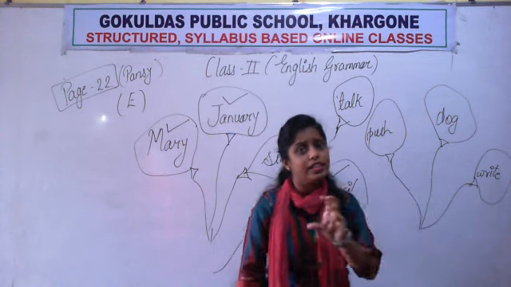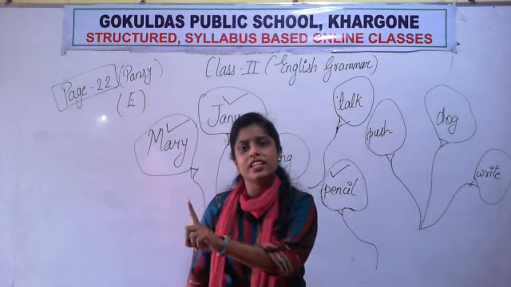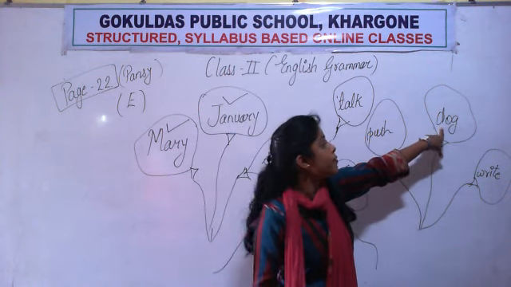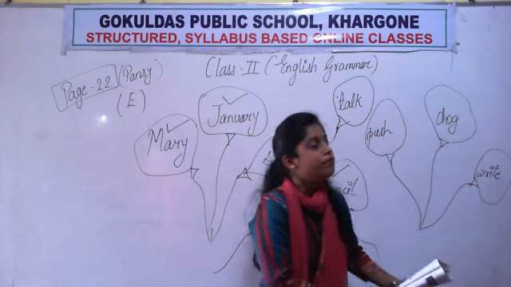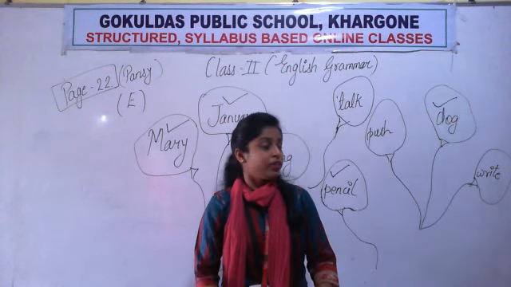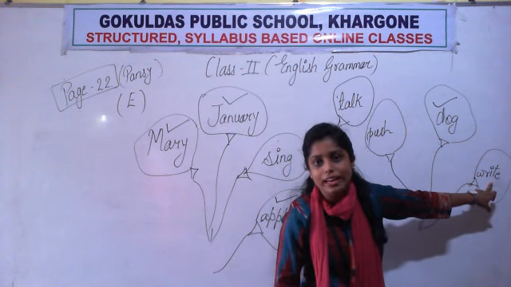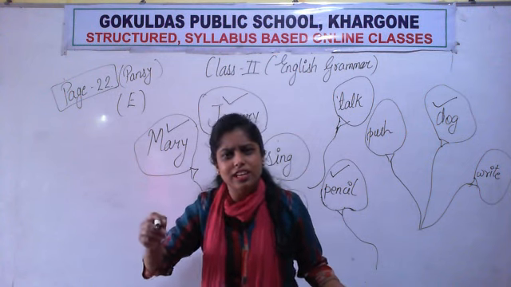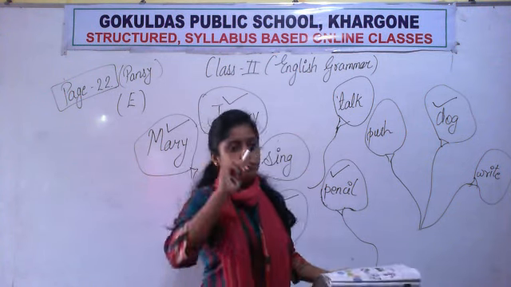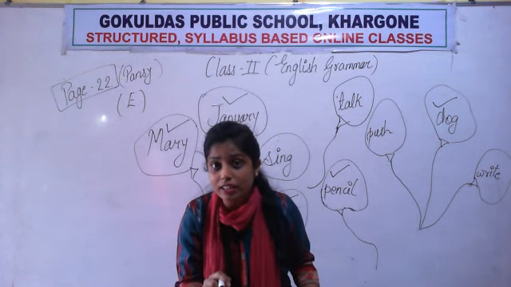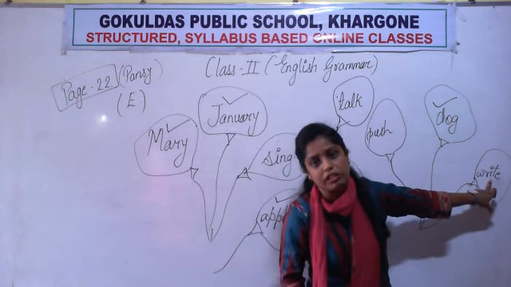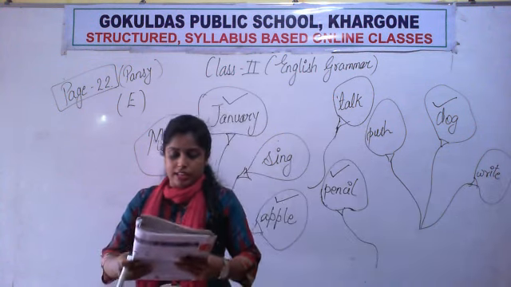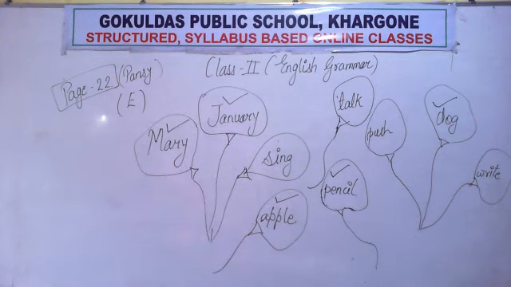What is the noun की definition में कुछ relation है इसका? Noun is the name of a person, animal or thing. Is it the name of a person? No. Place? No. Animal? Yes, it is the name of an animal. So we will put a tick over it. Then the next word is write. W-R-I-T-E, write. जैसे जो अभी आप कर रहे हैं. You are writing something. आप लिख रहे हैं, तो you are doing an action. So that's why write is an action verb. So we will leave it as it is because we have to take only nouns. Okay, so just do it first, then we will move on to the next exercise.